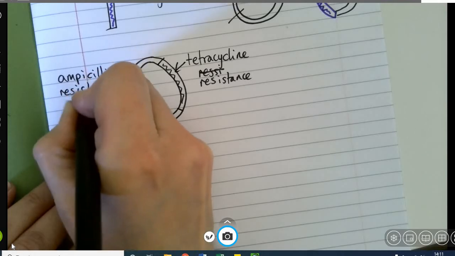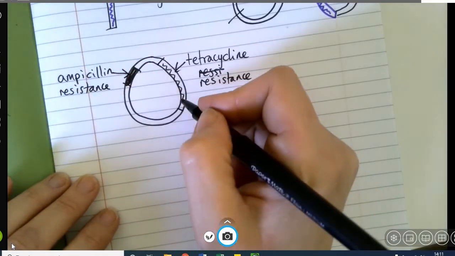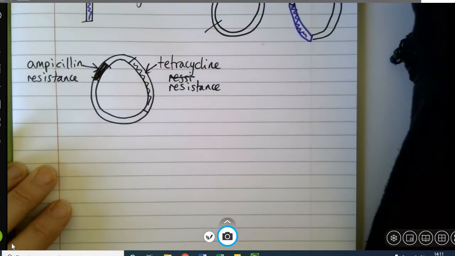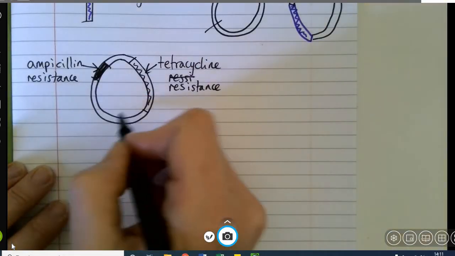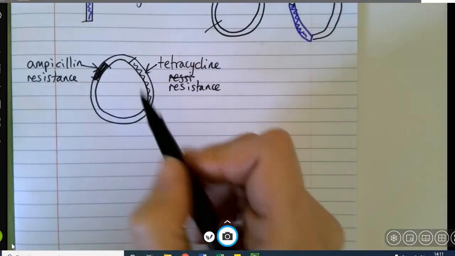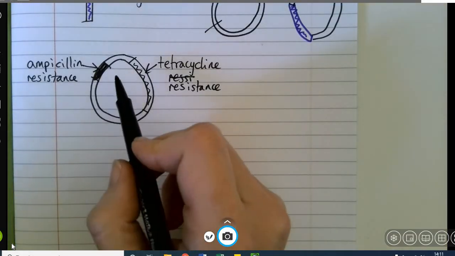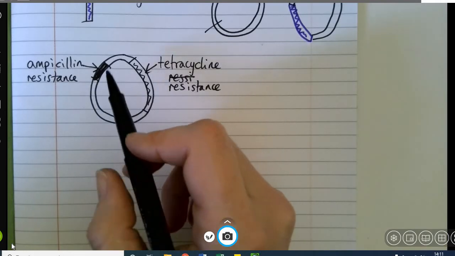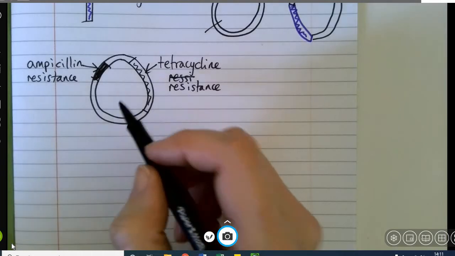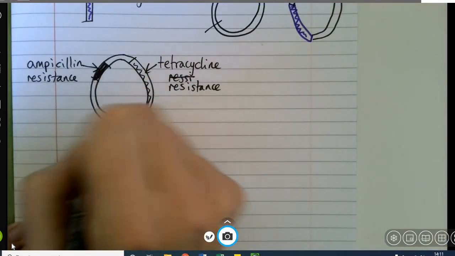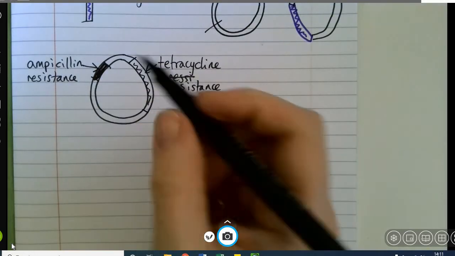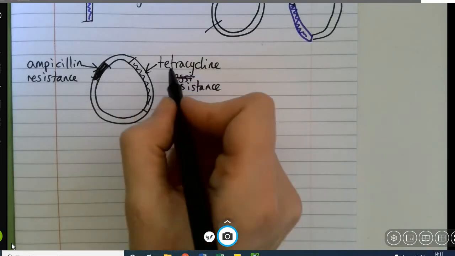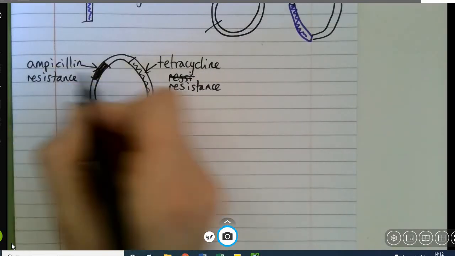So there's lots of different types of antibiotics, and bacteria frequently carry these resistance genes, and like I said, they can pass them to each other, so they can end up with multiple different antibiotic resistance genes. The one you'll be most familiar with is MRSA, which carries amoxicillin resistance. Oh, sorry, not amoxicillin, methicillin. Anyway, so these give them a resistance to antibiotics. What that means is bacteria containing these genes would be able to live in a solution that contained these 2